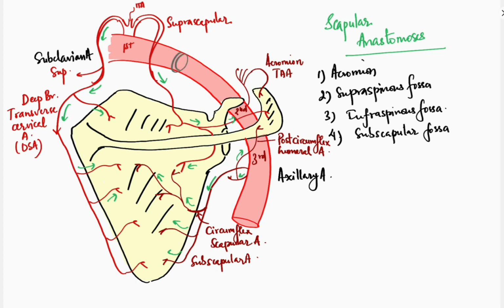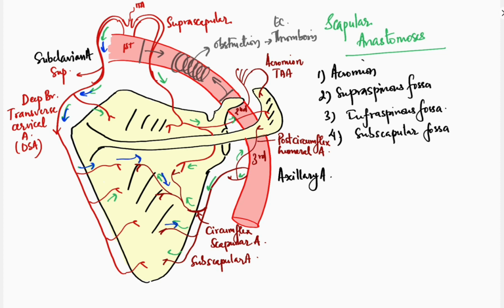But in case there is an obstruction in the artery distal to the first part of subclavian artery and proximal to the third part of the axillary artery, the scapular anastomosis come into effect. Now, this obstruction may be extrinsic or due to a thrombosis. In case of such an obstruction, the scapular anastomosis become patent and the flow of blood would be reversed along